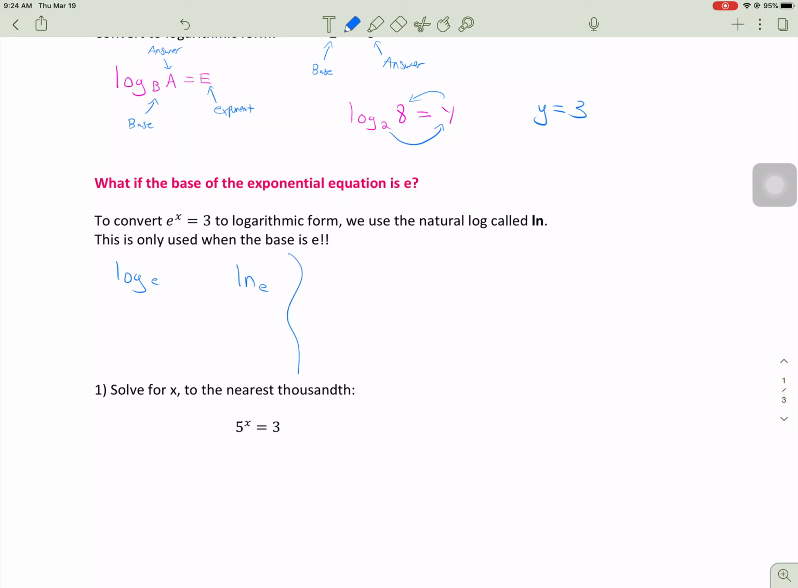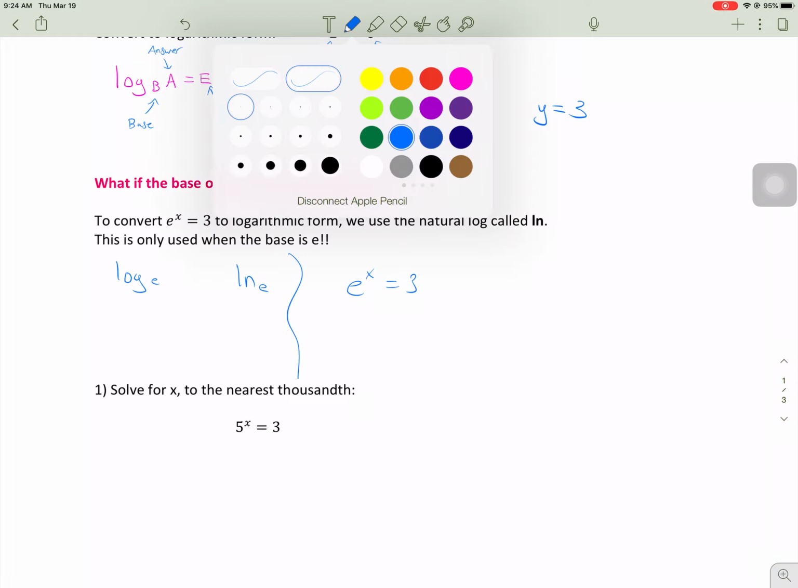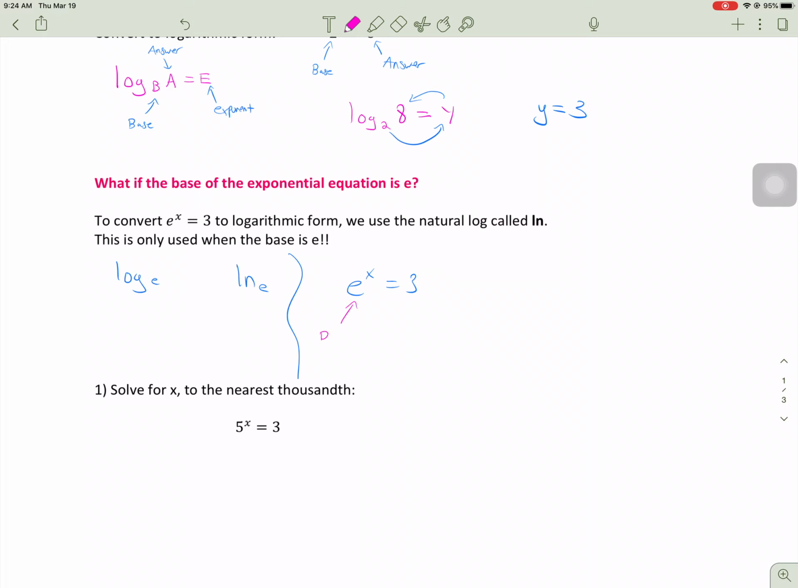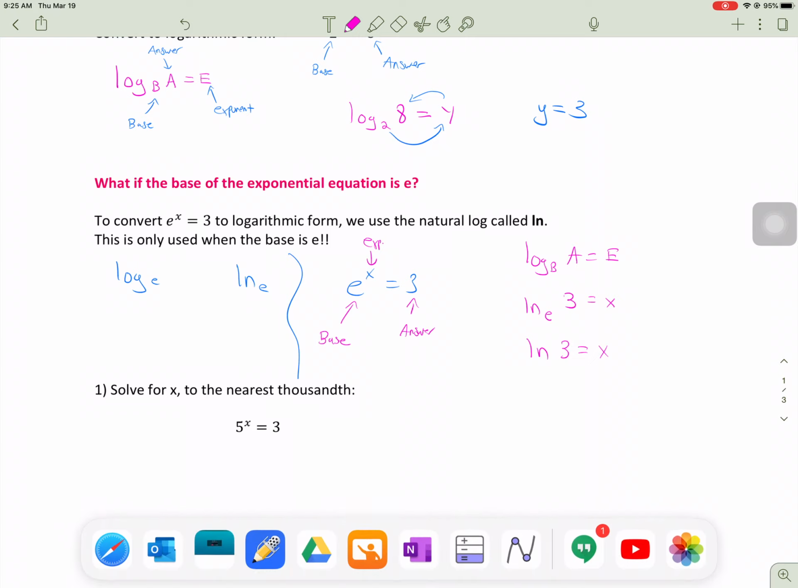So we have e to the x equals 3. This is our base, exponent, answer. And we have log base, answer, equals exponent. So we get ln base e of 3, the answer, equals x. More formally, we'll just write ln of 3 equals x, which when you put that in your calculator,